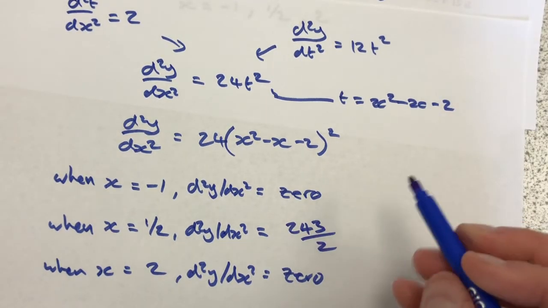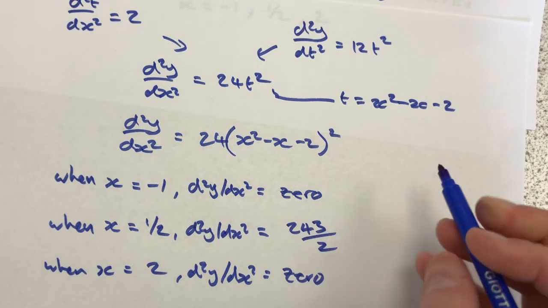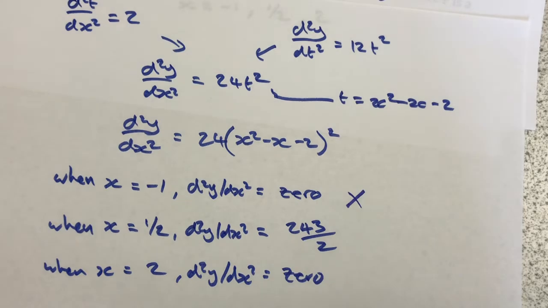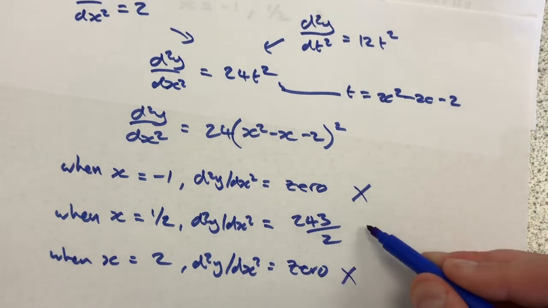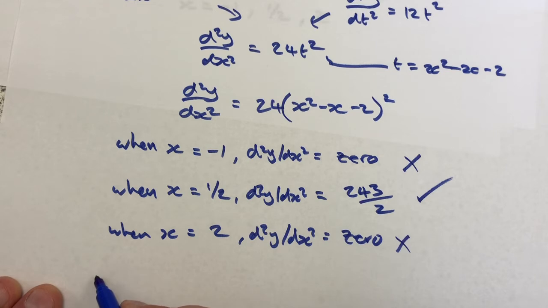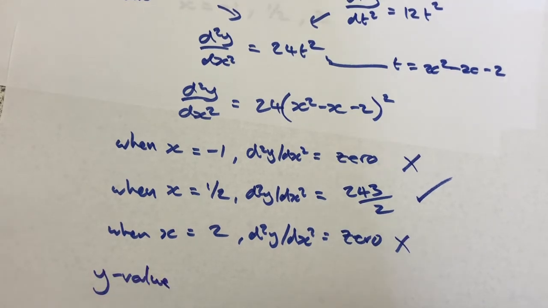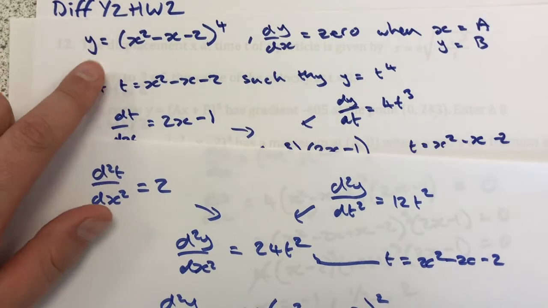So that means this value of x can't be a maxima or minima because it's a point of inflection. And this one can't be a maxima or minima because it's a point of inflection. So the x value that we're looking for is this one. And then the final punchline is going to be the y value when x equals a half. So we have to go right the way back to our original expression for y,